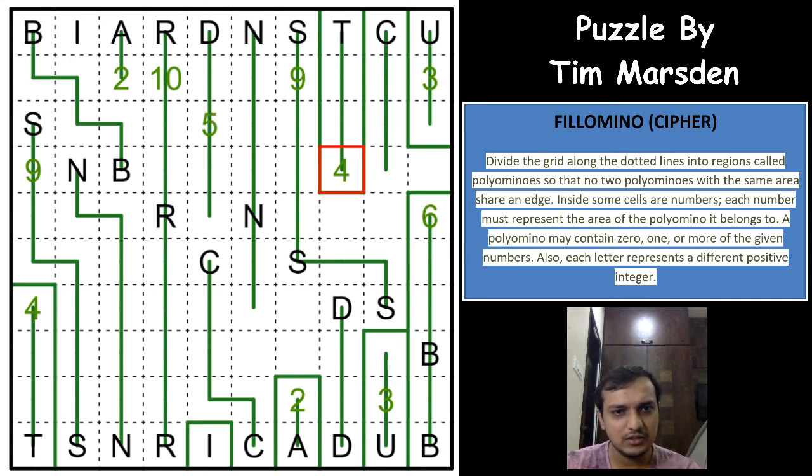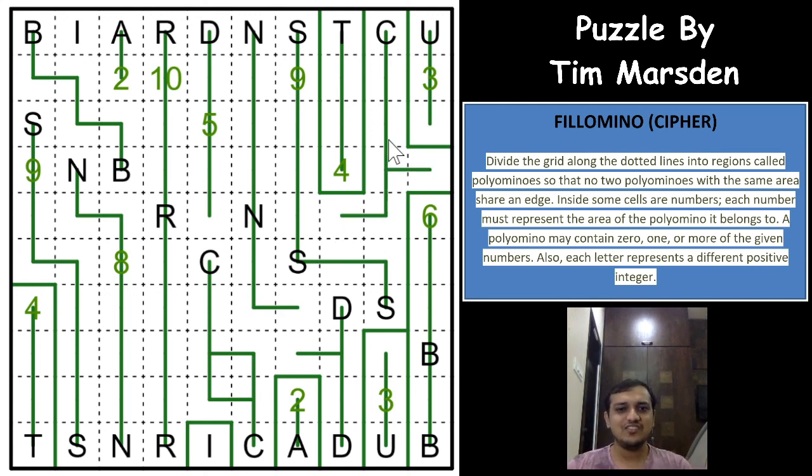And 6 is B. What is 7? N is 8. S is 9, which means 7 has to be C. There is no other go. 7 has to be C, and N is 8 and D is 5. Superb. So 4 is done, 7 is C. And with that we complete our today's puzzle, that is Cypher Philomeno.